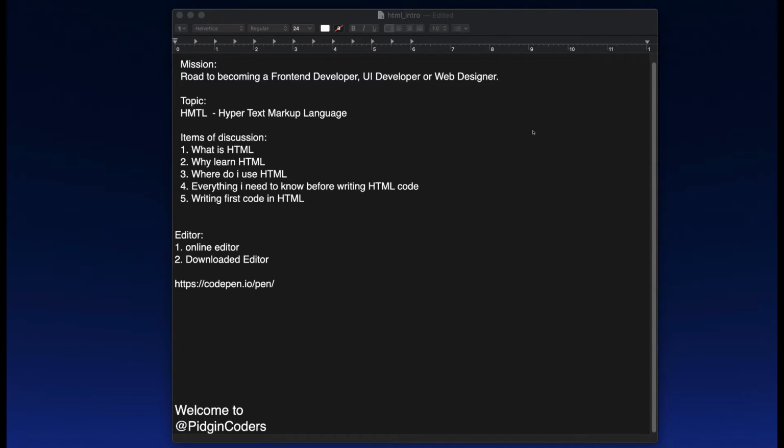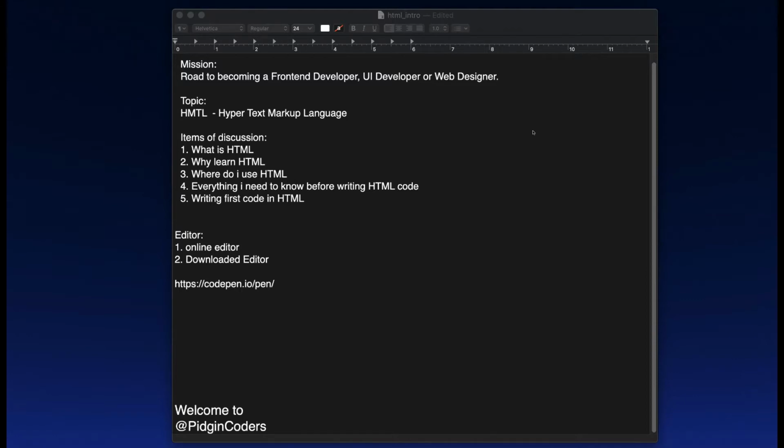So the second thing I want to talk about now is why we want to learn HTML. So we dey learn HTML so that we fit take am dey build website. So na HTML be that normal code wey you go write and those things go dey show for your browser.